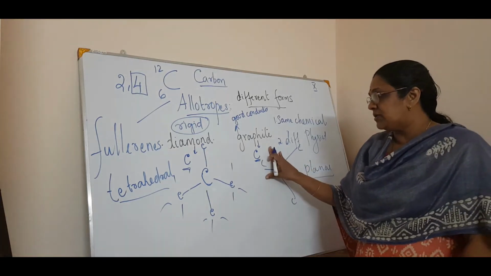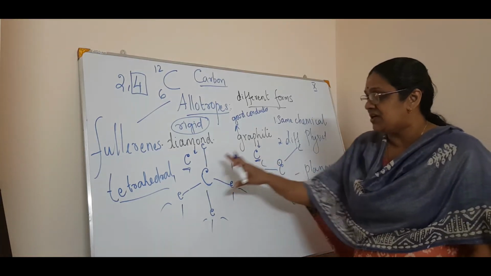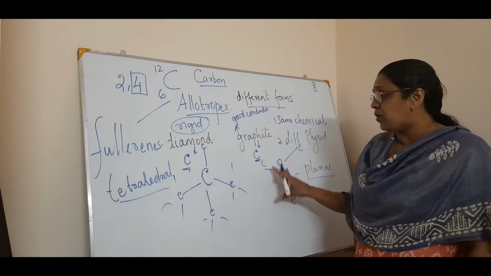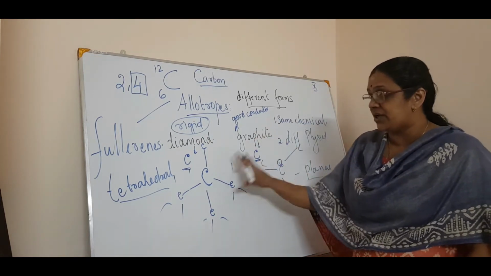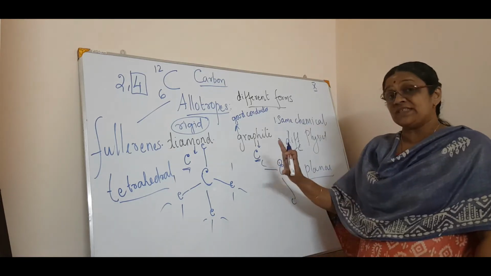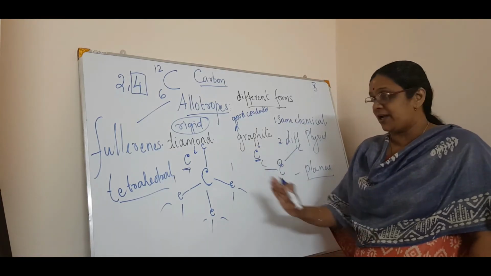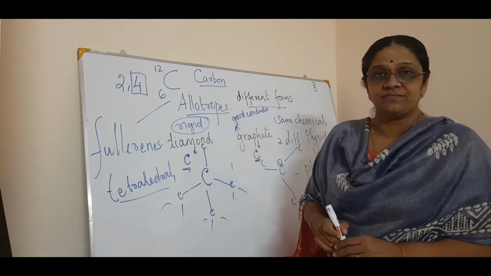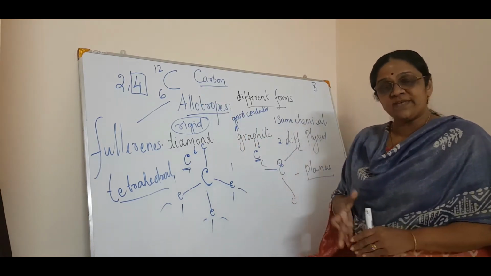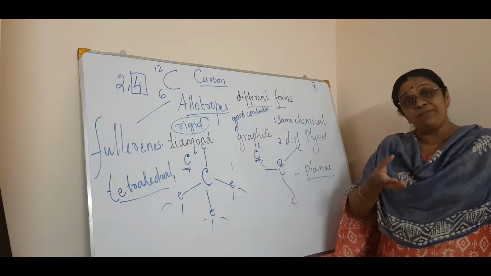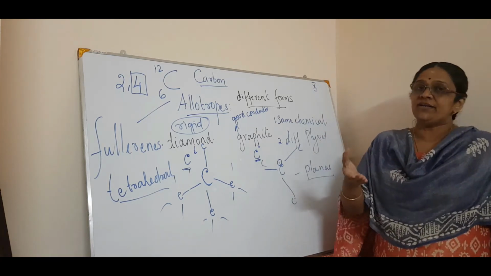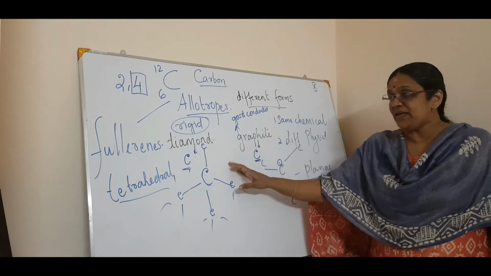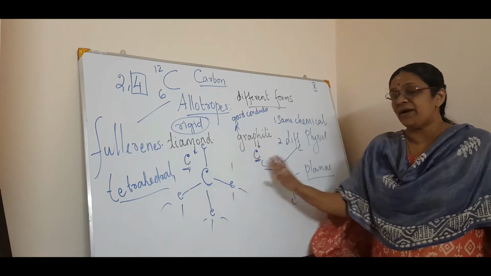Okay. So this is a planar structure. This is a tetrahedral structure. This is very rigid. This is soft. This is a good conductor. This is not a good conductor. So these are the physically different properties of diamond and graphite, which are allotropes of carbon. So you got it? What are allotropes? Allotropes have the same chemical property but different physical property. Which means diamond, graphite and fullerenes are made up of what? Carbon.